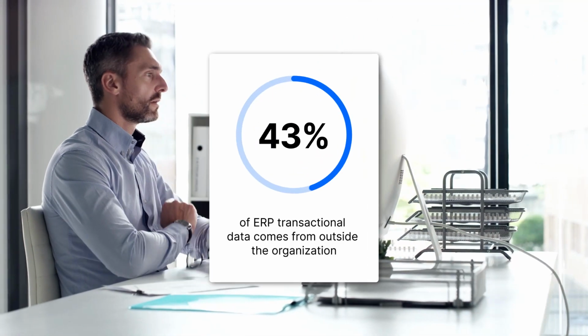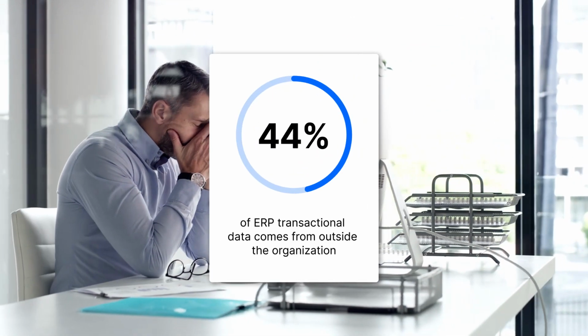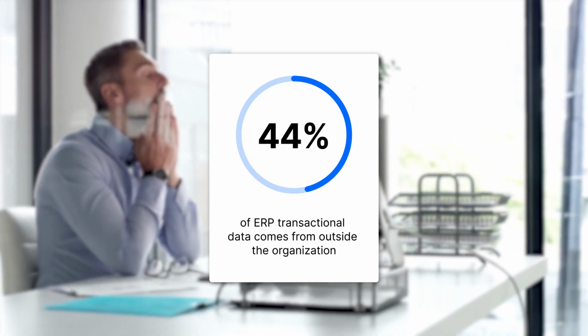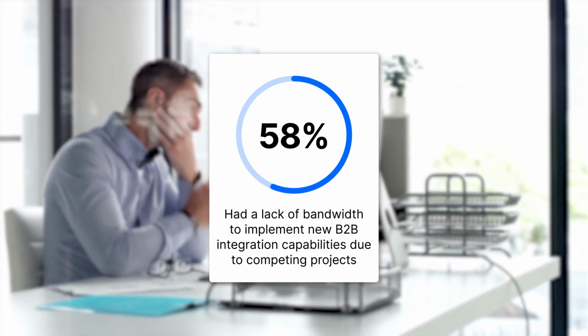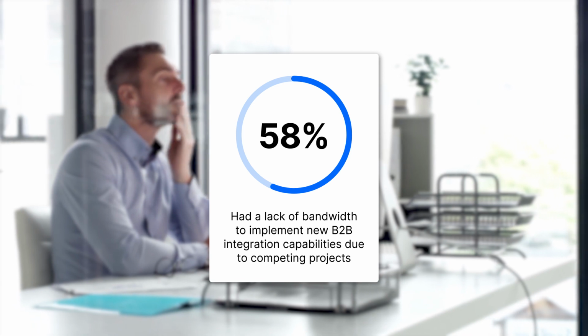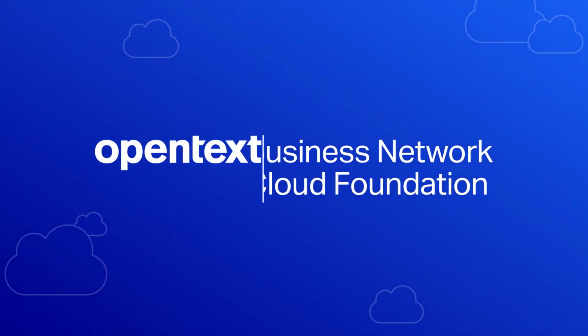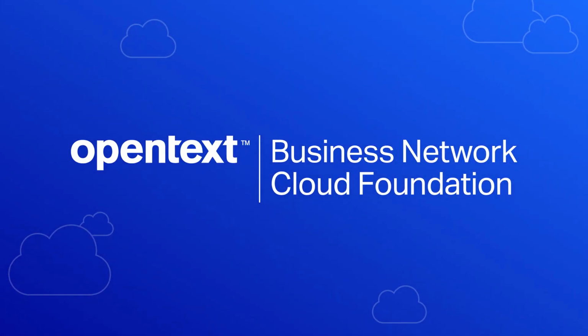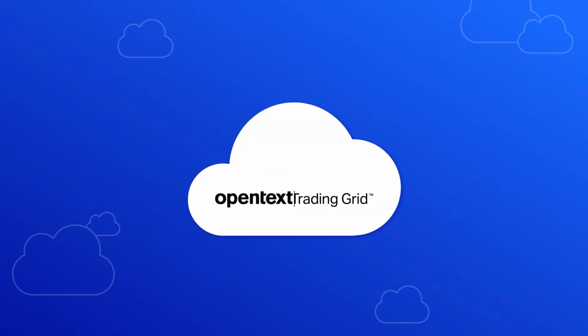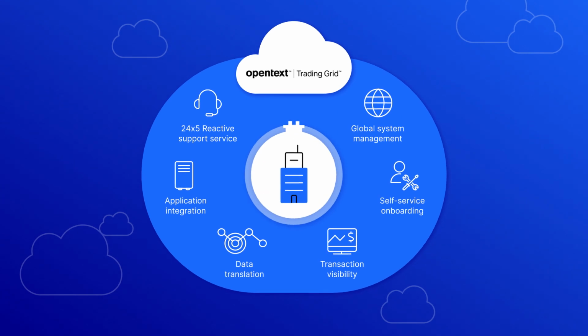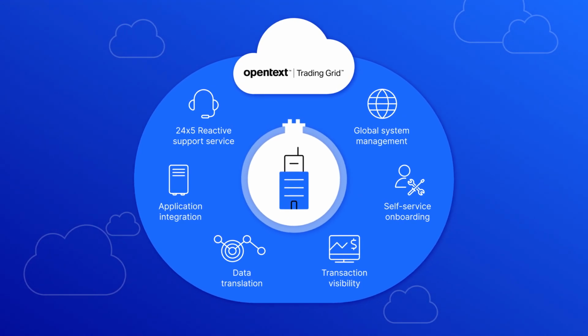With increasing requests to integrate internal applications with external EDI partners, businesses of all sizes need help finding the resources to stay ahead. But not anymore, thanks to OpenText Business Network Cloud Foundation. Business Network Cloud Foundation leverages the OpenText Trading Grid, the largest B2B network in the world, and delivers EDI capabilities